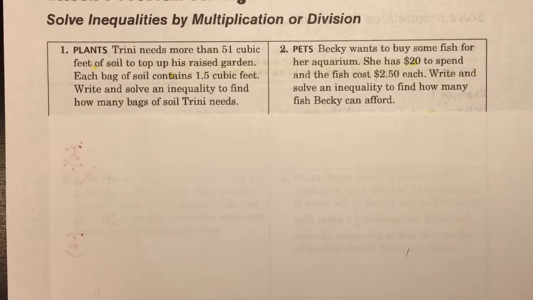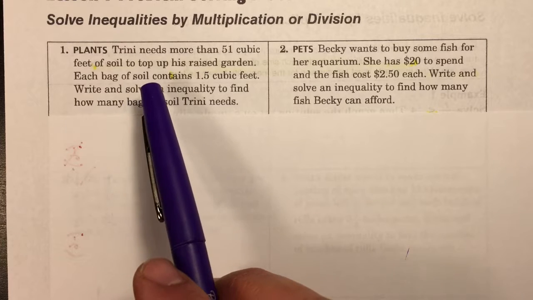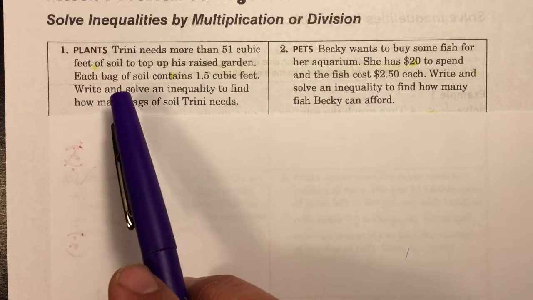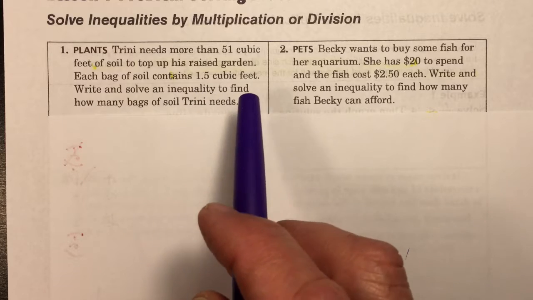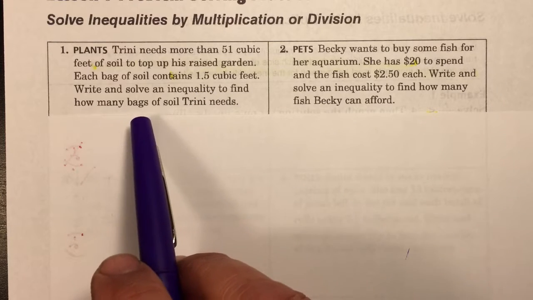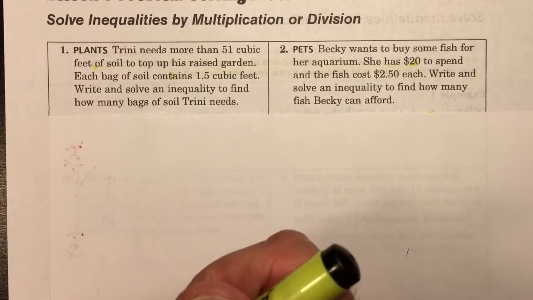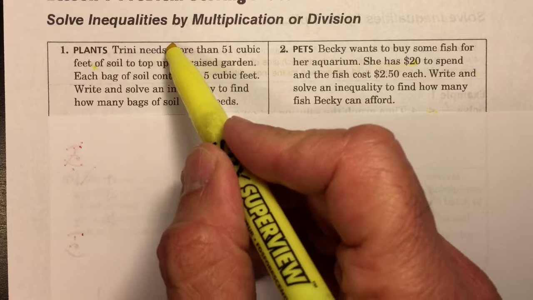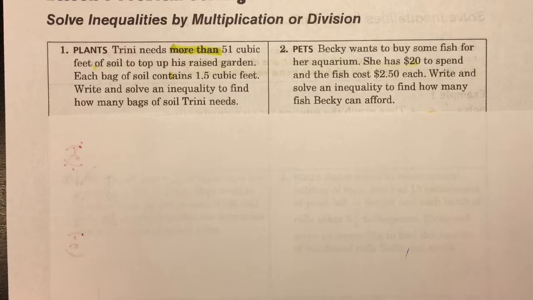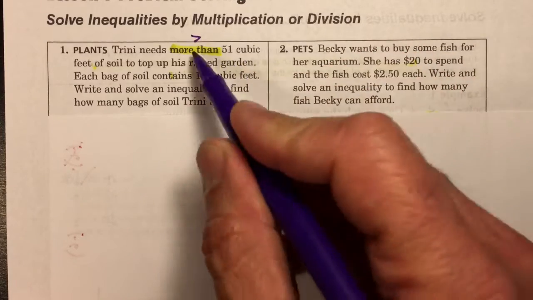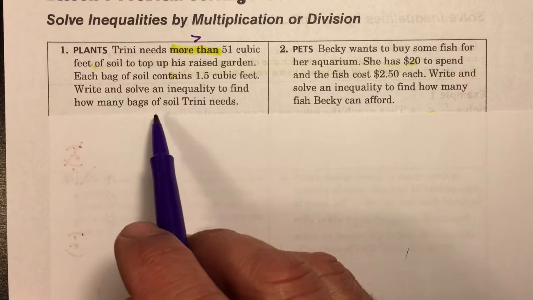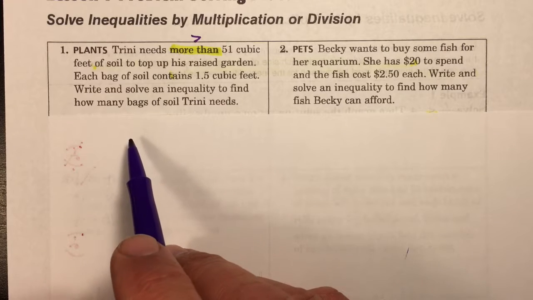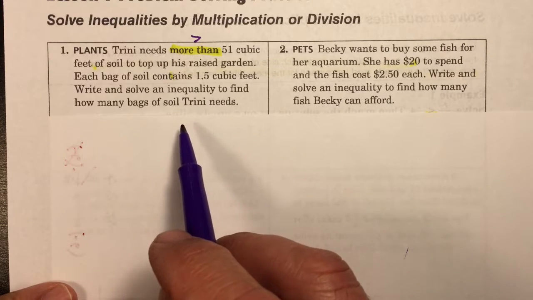Let's solve some word problems involving inequalities by multiplication or division. The first one: Tony needs more than 51 cubic feet of soil to top up his raised garden. Each bag of soil contains 1.5 cubic feet. Write and solve an inequality to find how many bags of soil he needs. So it says here "more than," and you know that we can write it as an inequality. More than is this symbol, correct? If he needs more than 51 cubic feet, and each bag contains 1.5 cubic feet, then how many bags of soil does he need? Okay,